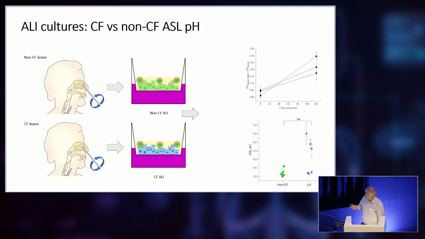And once we've made these, because we're measuring what's happening in the airway surface liquid, that's telling us about the activity of the protein that goes wrong in cystic fibrosis. That's called cystic fibrosis transmembrane conductance regulator, right? It's a protein that sits in the membrane and helps with the exchange of ions between the inside and the outside. So you can see that in this airway liquid interface culture here, where we're measuring the pH, when we